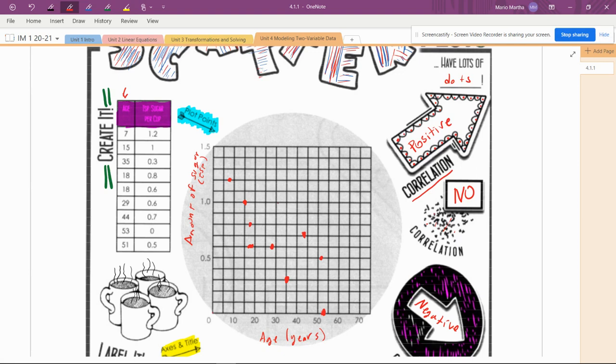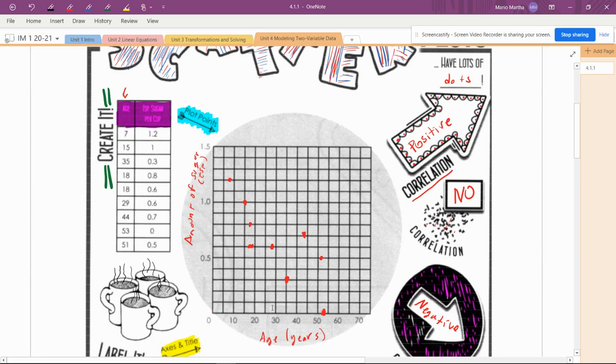Then that's pretty much when you say there is no correlation. And then finally, if you see that all the dots are following a trend, that they're all going down as age goes up, then we can say it has a negative correlation. All right, so now that we have the graph,